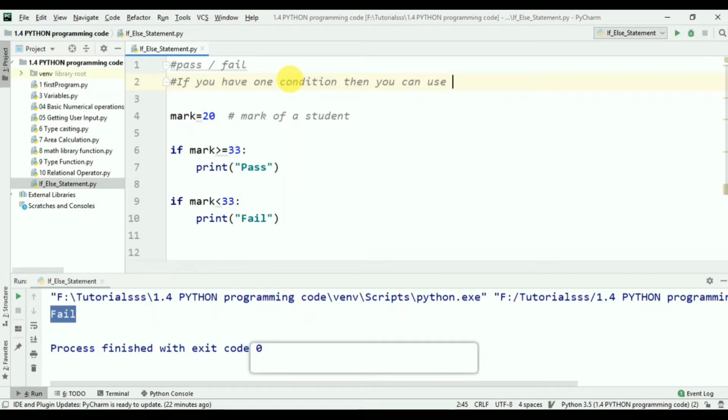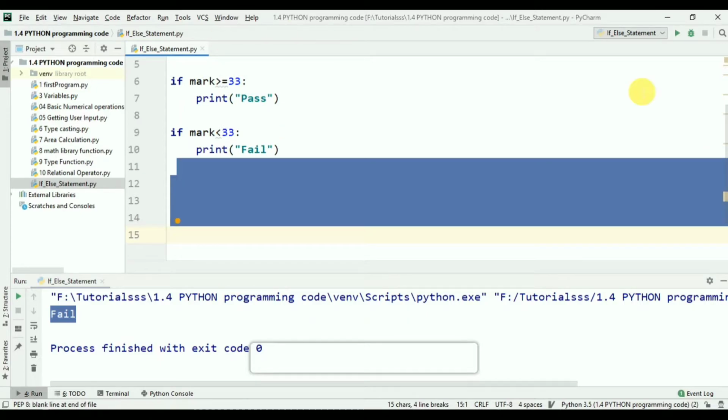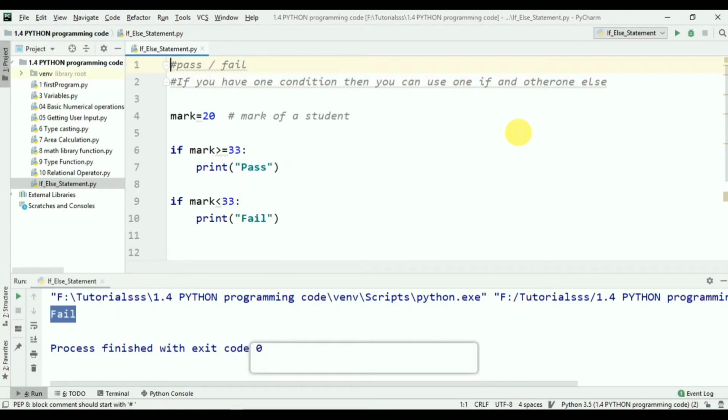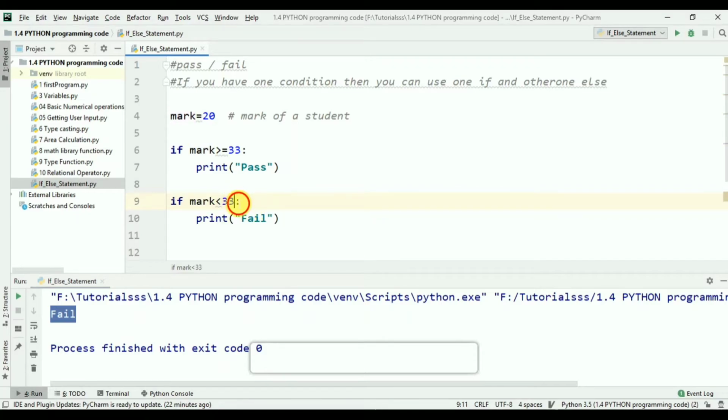It will take much time to check and print the output. When we declare many if statements in our code, the compiler will check all the conditions of the if, then it will print the output.